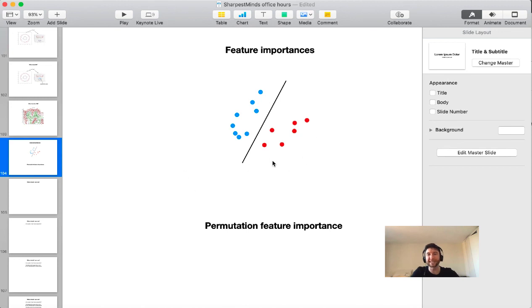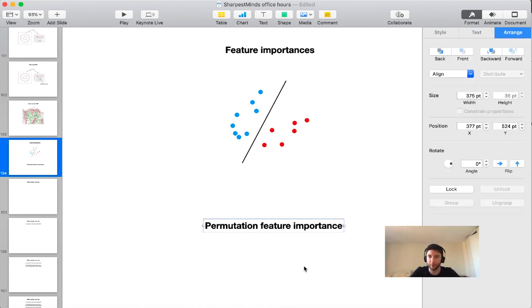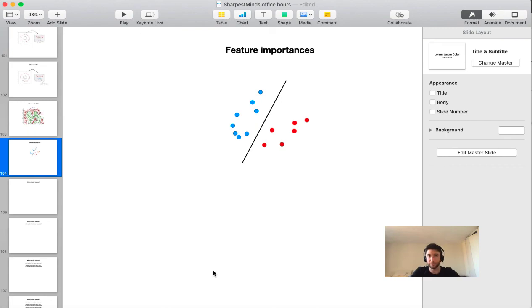So you're not using some hardwired feature of the structure of your SVM in order to make your importance measurements. You're using something more generalizable. So if you want to look up permutation feature importance, it's a good thing to have in your back pocket. Other than that, I think is it